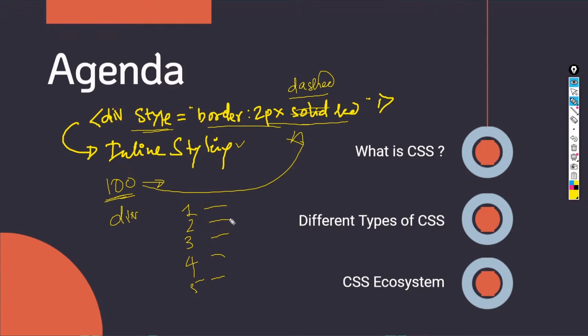Now if I say, okay, this style that you have used is for a particular item, what if I want different styling for other div tags? So maybe for 10 div tags I want border 2 pixels dashed and red, and for other 10 div tags I want border 2 pixels solid and black, right? So this is not reusable by default, and that's the reason why ideally, even though we have used it till now, we do not make use of this style attribute, because it is not reusable, fine. There is no reusability. It is not maintainable,